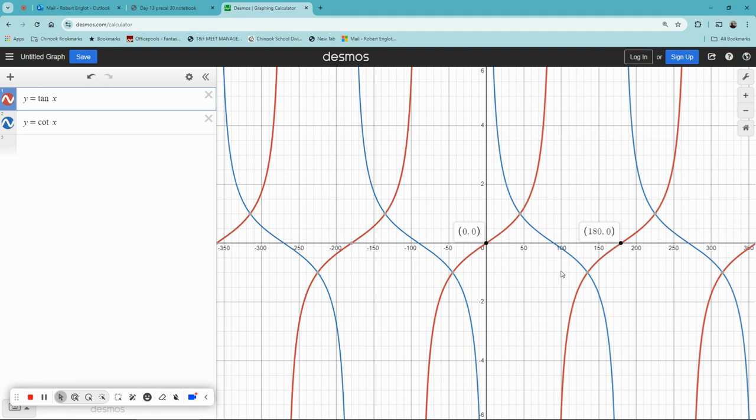So tangent, it's 90 and 270 where it hits. And cotangent has an asymptote at negative 90 and positive 90, and also at 270. Okay, so they're just kind of flipped over of each other. Okay, so we'll do a little sketch of that